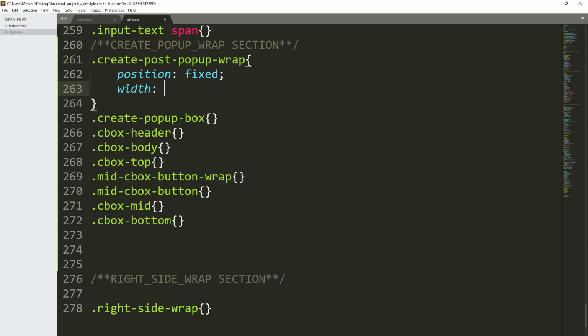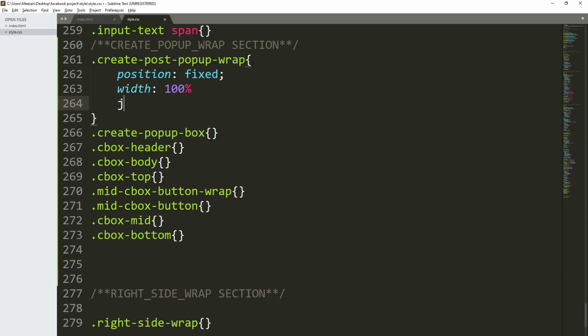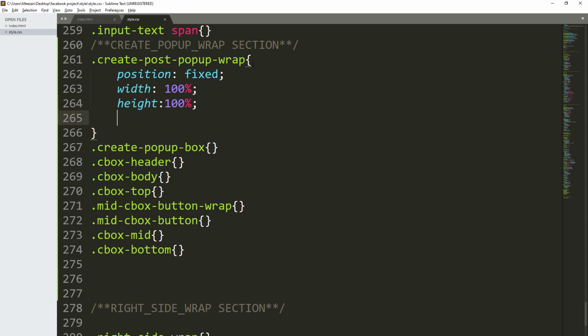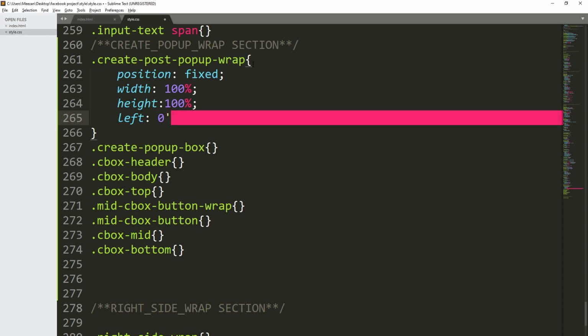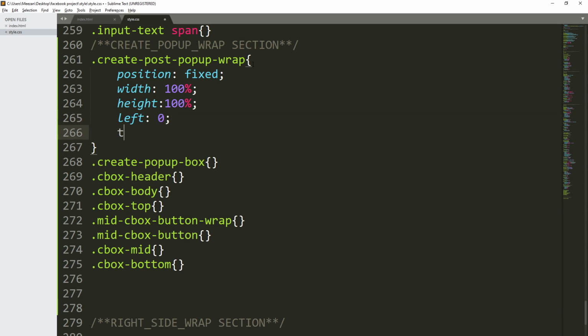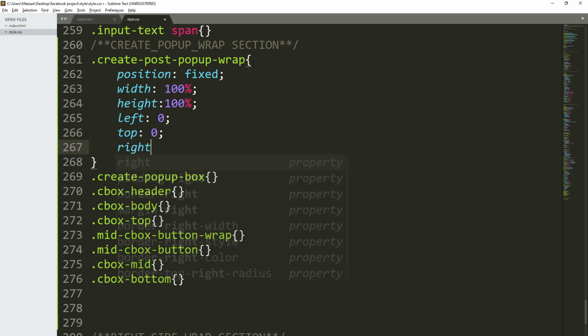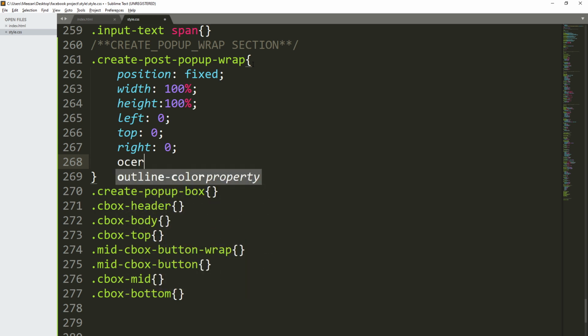So we'll say width is 100%, height will be 100% as well. And left 0, top 0, right 0, and we'll say overflow hidden,